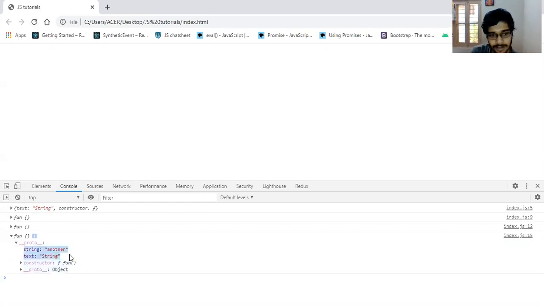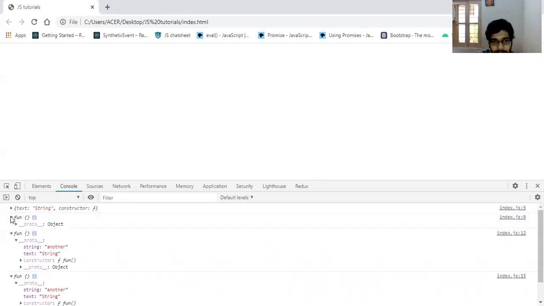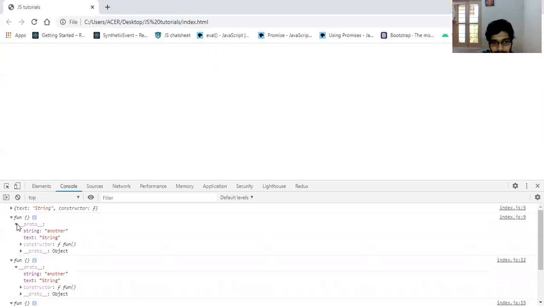This is the obj2 object, and this is the obj object. In both these objects, you have the string property added. This is the prototype object.